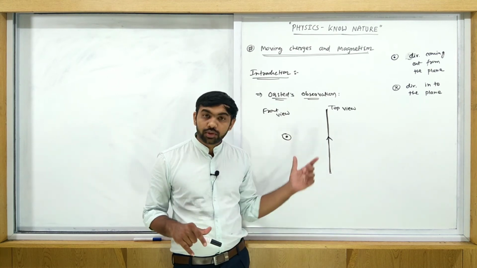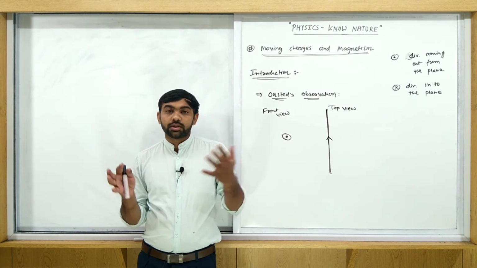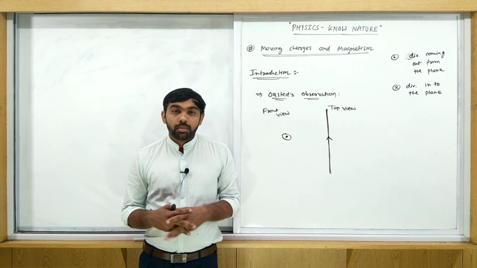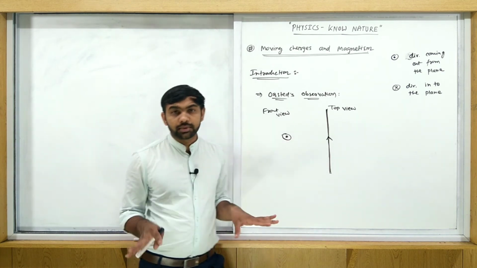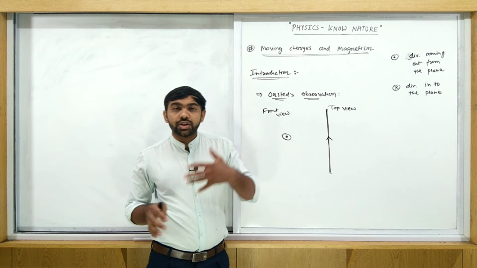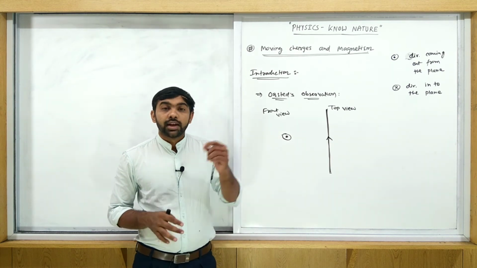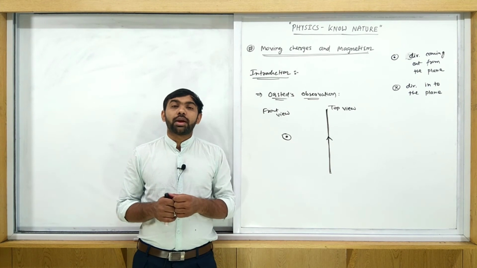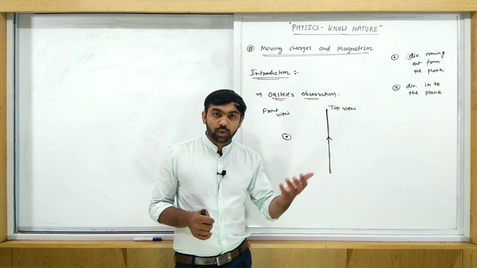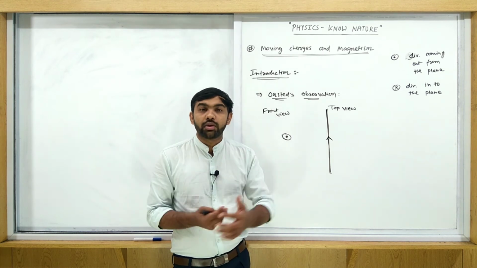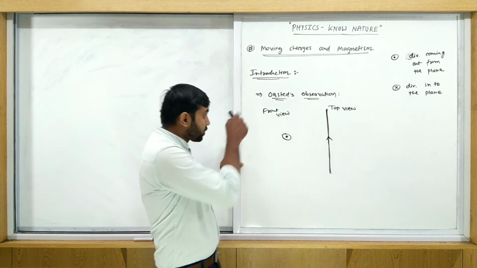Before this experiment, Earth's magnetism was already known. We know the Earth produces some magnetic field, but here the electric field is completely absent. So the magnetic needle shows some deflection when the current flows through this wire. It means some force is produced on the magnetic needle. What is the meaning of this? A force is applied on a magnetic needle when current flows through the wire.